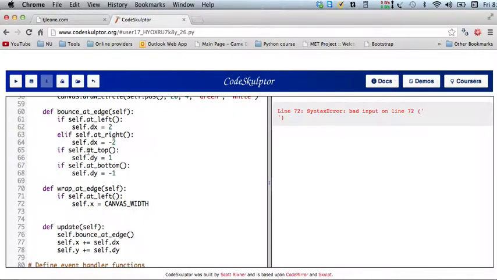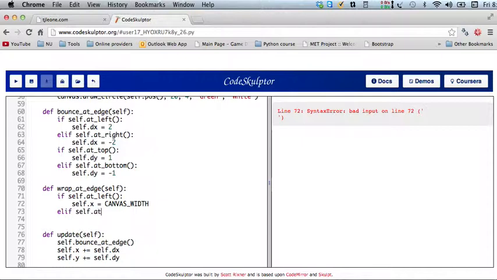But if I'm at the top, then I'm not at the bottom. So I'm going to do it like this. If at left, elif at right, if at top, elif at bottom. And I'll do the same kind of thing here. If, elif self at right,